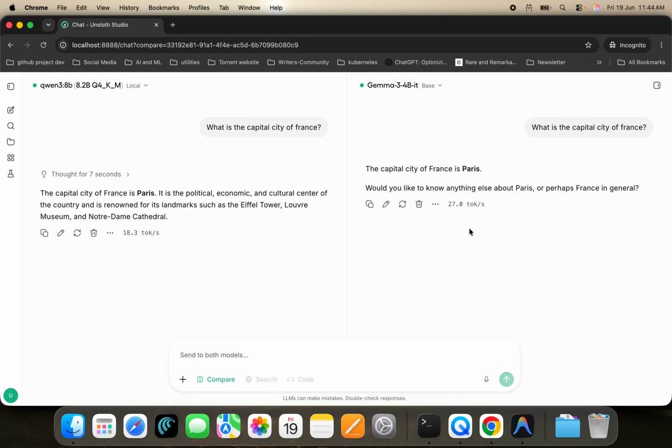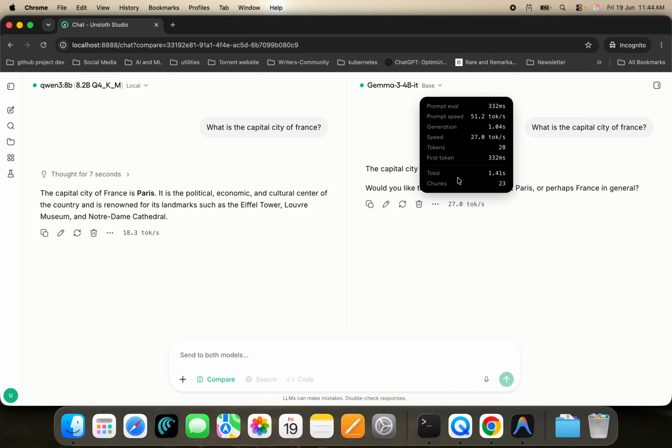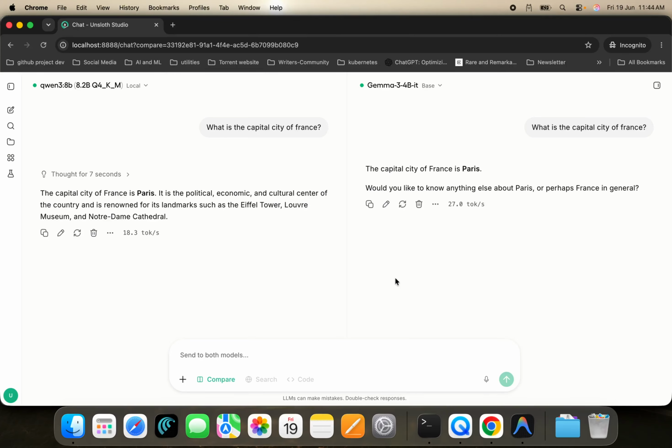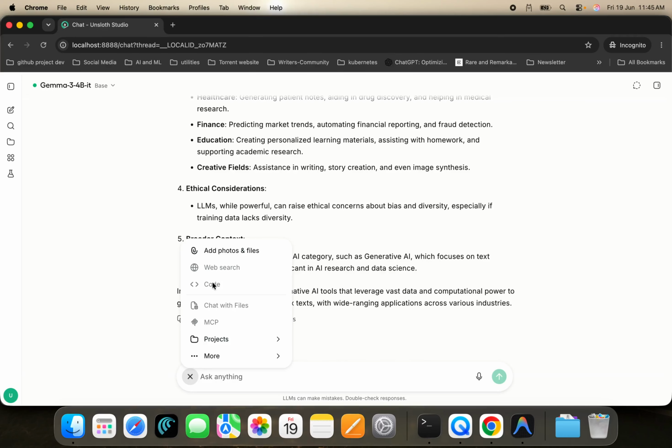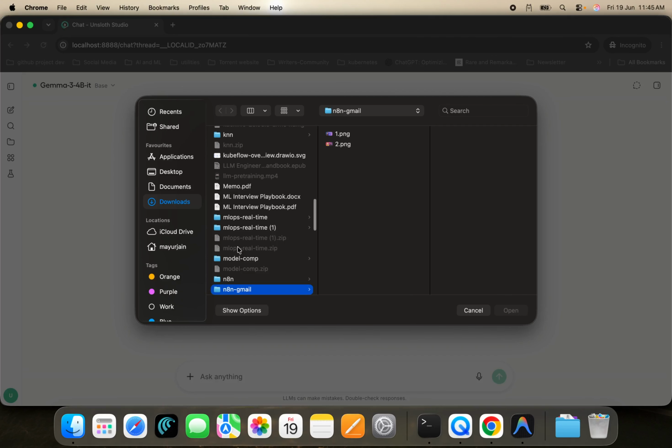And if you notice here, we switched to this model. While I was talking about this, it was loading this model, and it generated this response. Here also you can notice the various tasks that are present for generating the response. Now I'll just remove this compare option so that I can work with one model. Now I'll first upload an image